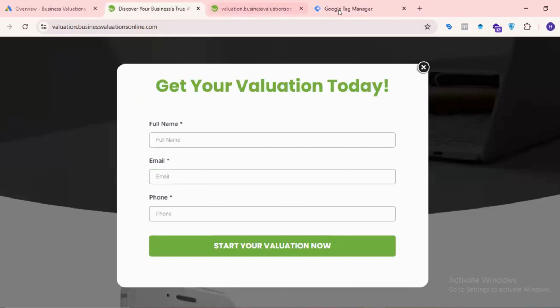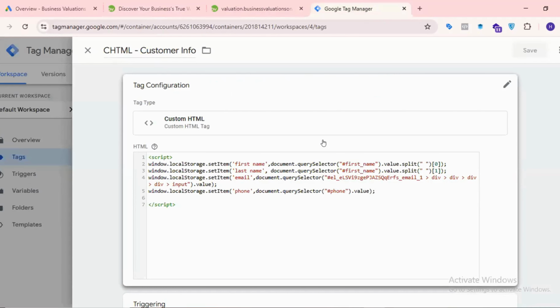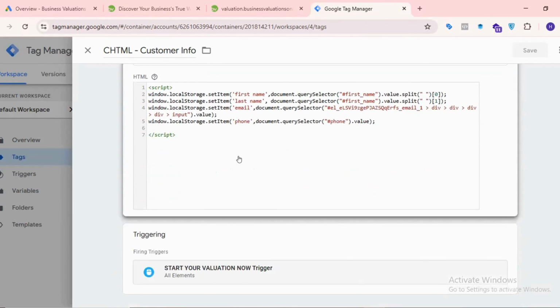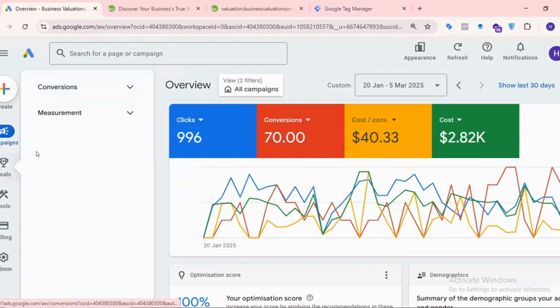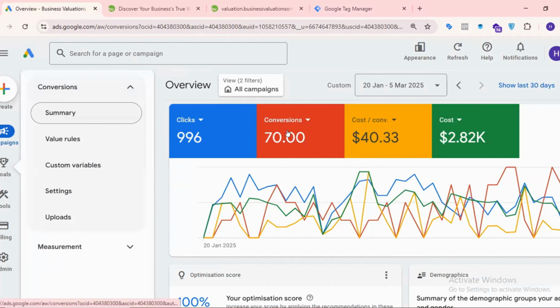Okay, perfect. If you don't know how to set up Google Ads enhanced conversion, then please feel free to contact me. I am going to use local storage if you're using a thank you page URL, or if you are using element visibility, then I'm going to use some custom HTML for setting up your enhanced conversion. Okay, perfect. Then if I go to the goal section, you can see over here,